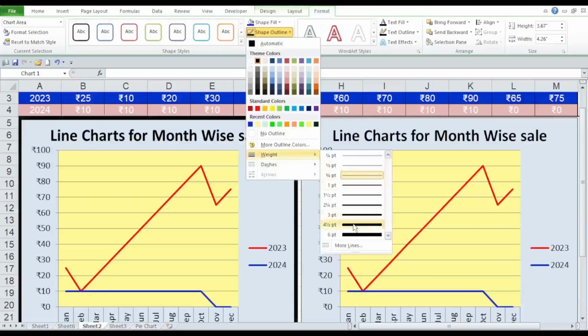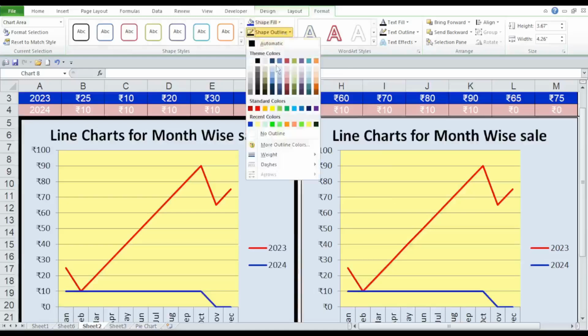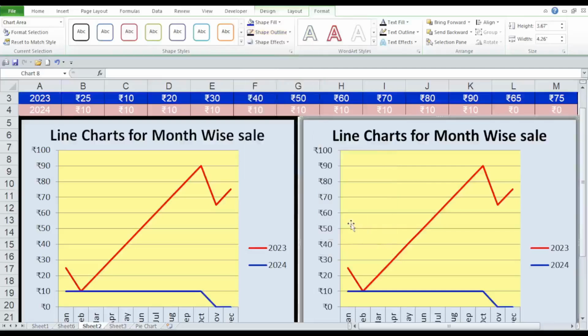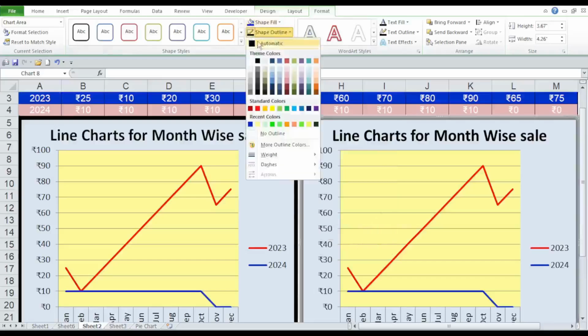Next, let's make the border thicker. Go back to the Shape Outline options and choose a thicker line. I'm going to set it to 4.5 points. We can also apply a thick border to the second chart for consistency. Look. Our first chart now has a nice,